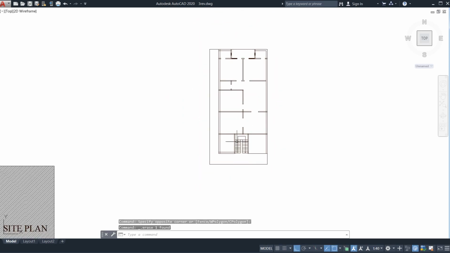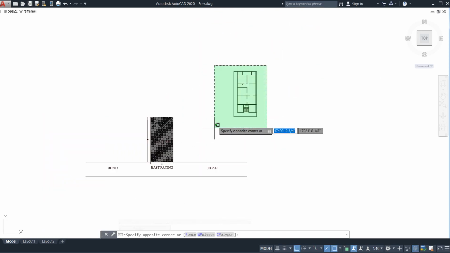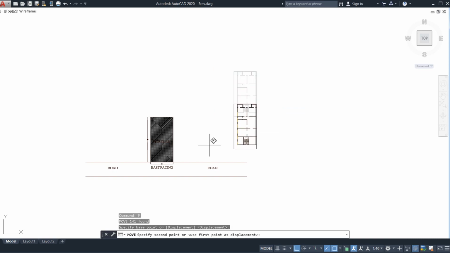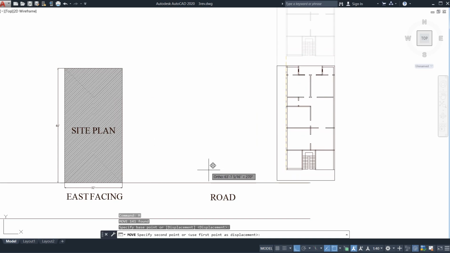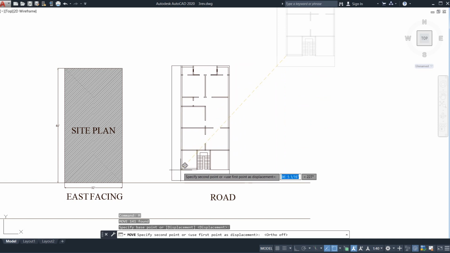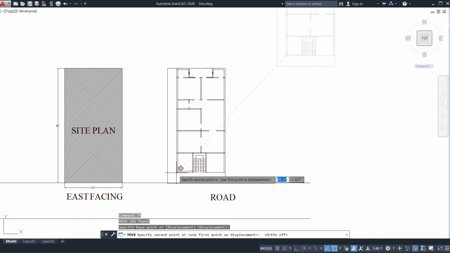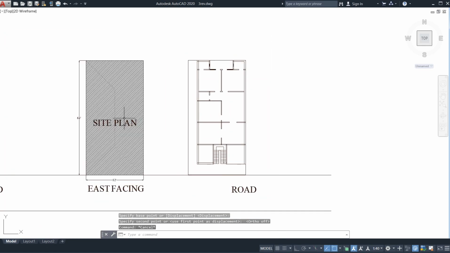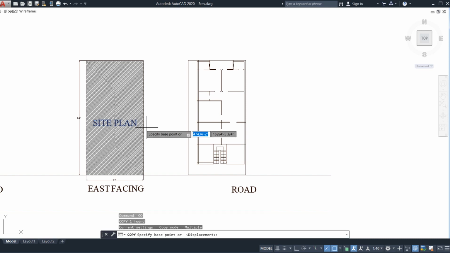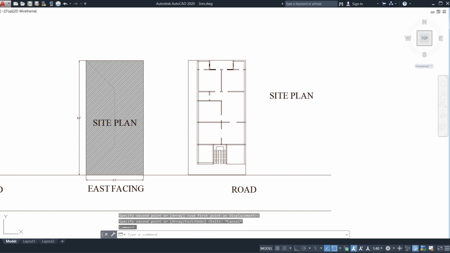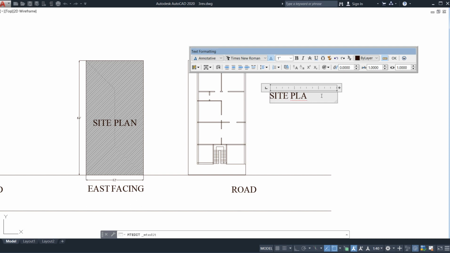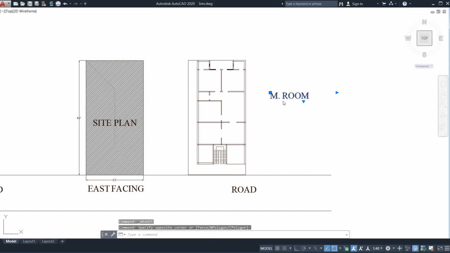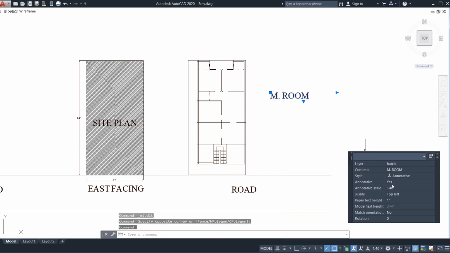Now what I need to do, just match your site plan. So bring it over here and just drag it with ortho off. So if I have been drawn here, so see, this is my plan like this. Now just go for selection of your site plan, copy it here, just make it as a m dot room. Okay, and just selection of it, just go for right click, just go for quick properties, and